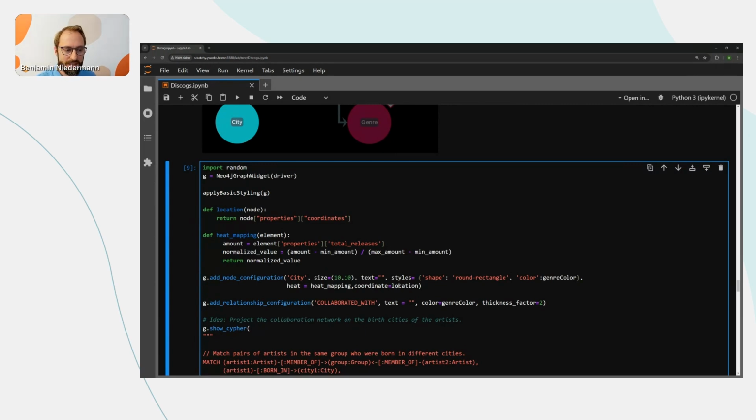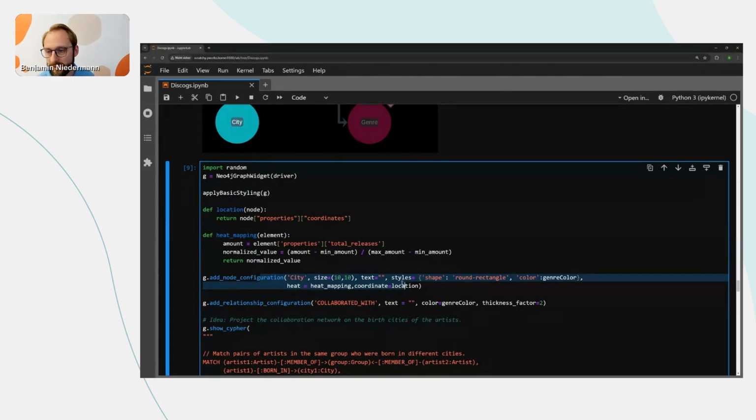The idea is that we map, or we tell the visualization, where to place the nodes, and for each node we have annotated the world coordinates where the city is actually placed. And this is everything that we need to do to obtain this map. We just need to configure this